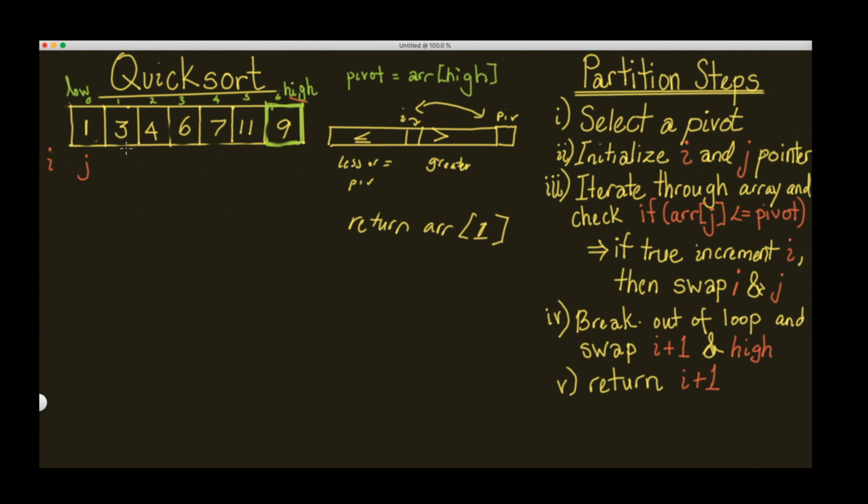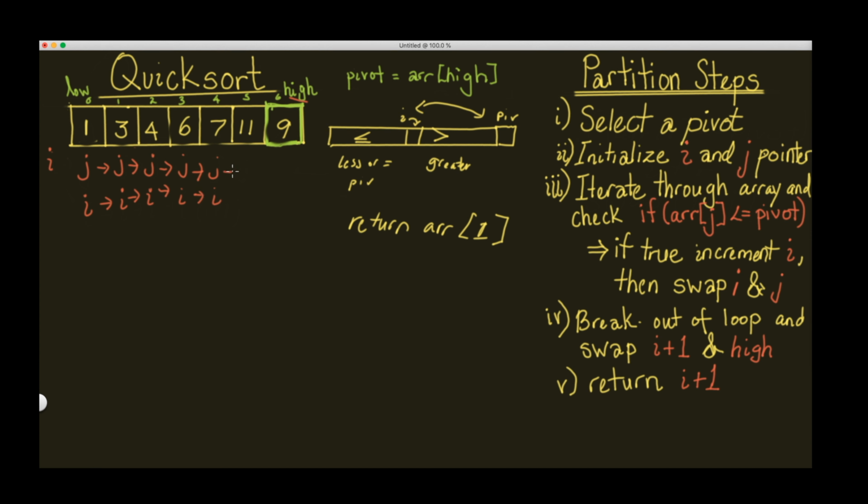What we do first is we check the first index. That's going to be true. So we increment I, and we do an in-place swap. Then we increment J again. That's going to be true. After we increment I, we do an in-place swap. Increment J again. That's going to be true. So we increment I, do an in-place swap. We increment J again, increment I, do an in-place swap, and so on and so forth